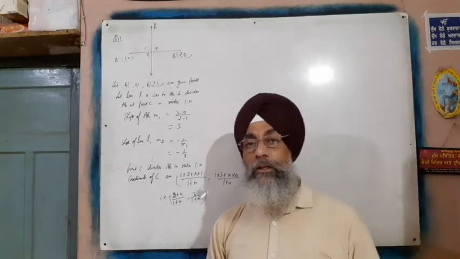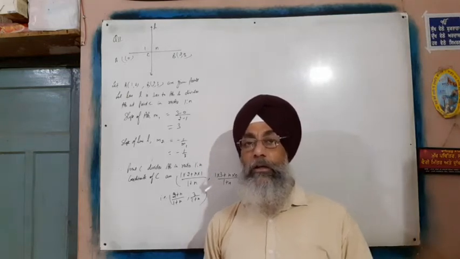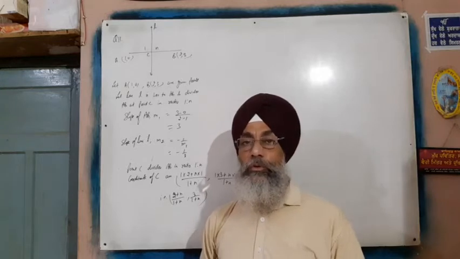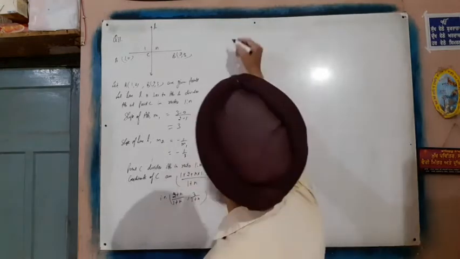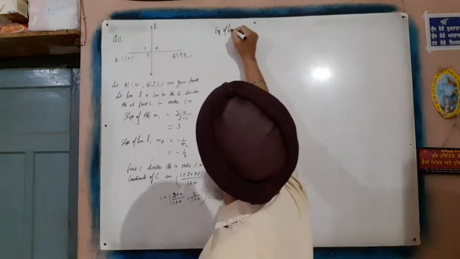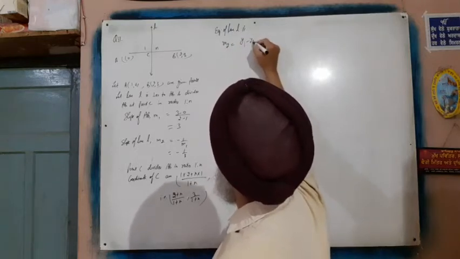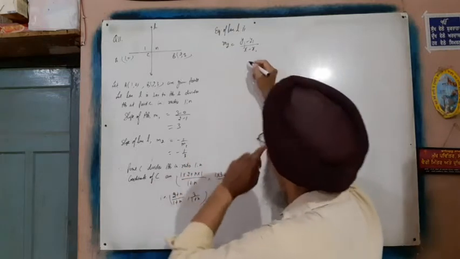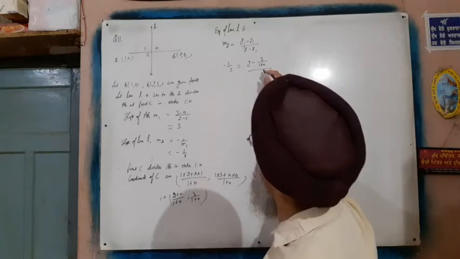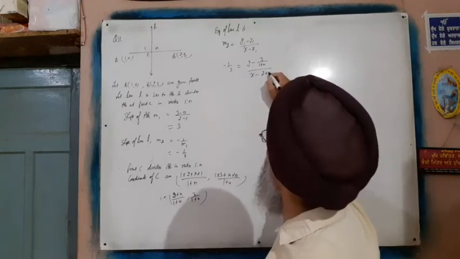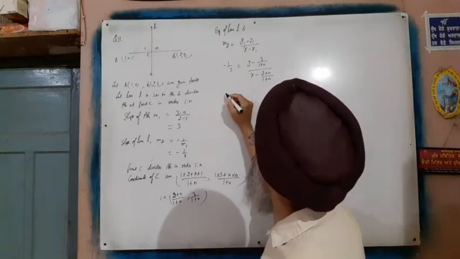Now this point C is lying on the line L. So we have two things about line L, that is the slope and the point lying on the line L. So we use the slope-point form here. The equation of line L is M2 is equal to y minus y1 upon x minus x1, it's -1 upon 3, y minus 3 upon 1 plus n, and x minus 2 plus n upon 1 plus n.